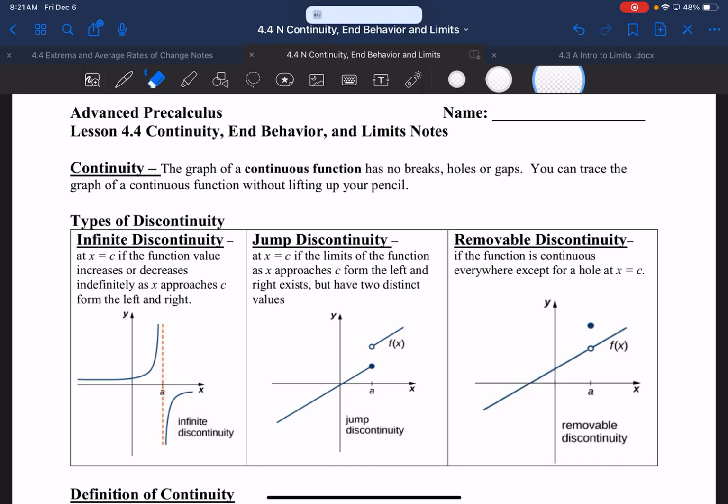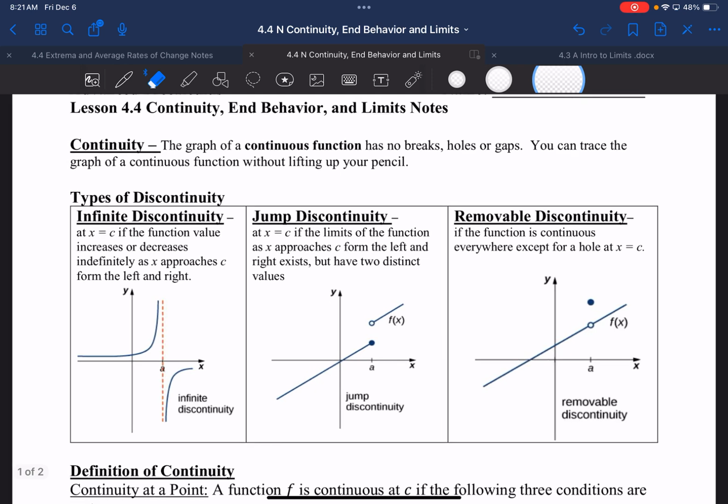as the graph of a continuous function that has no breaks, holes, or gaps. You can trace the graph of a continuous function without lifting up your pencil. So these would be things that are not continuous, right? I could not draw this piece and this piece without picking up my pencil because there's going to be an